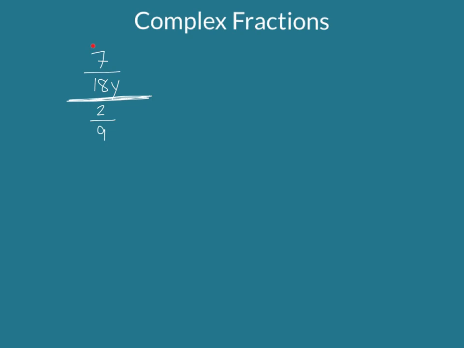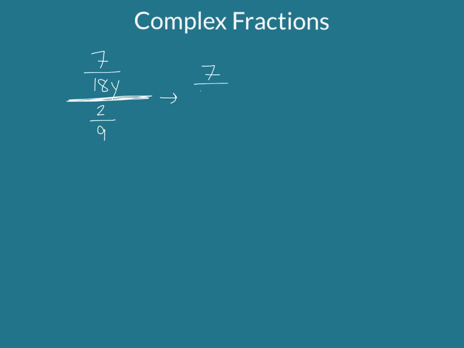This means 7 over 18y divided by 2/9. And if we think about it as division, we can recall, or maybe learn for the first time, that dividing fractions means multiplying by the reciprocal. Flip the second guy and multiply. That's what I've always said. So this really means